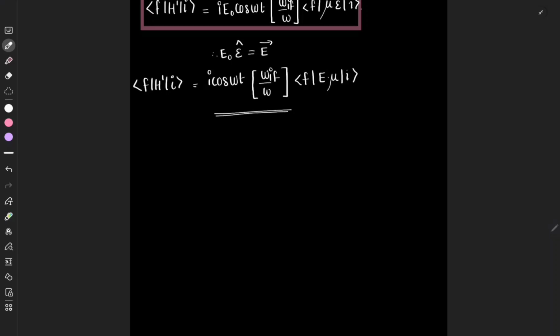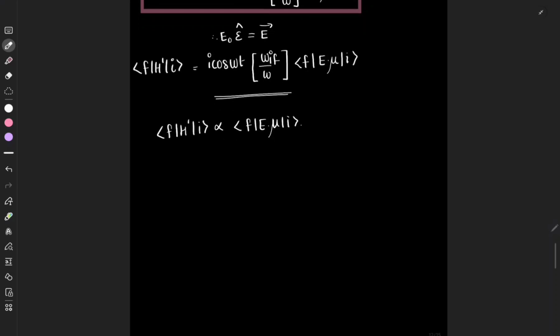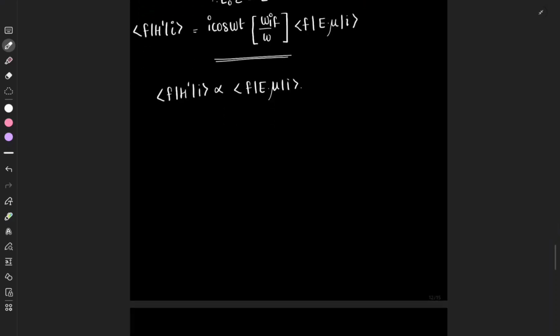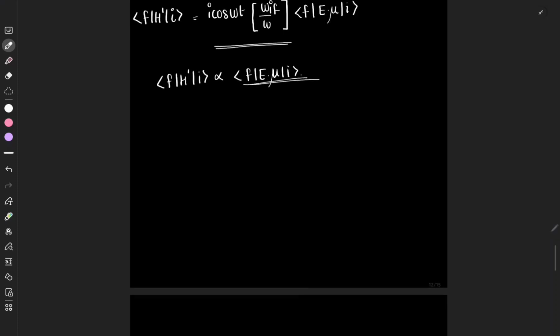So here we can conclude that this one over here is the selection rule, and I'll write it down, is proportional to this one, and this is nothing but the transition moment integral, which determines whether the transition will happen from one place to another or not, and this is therefore called a selection rule. Okay,